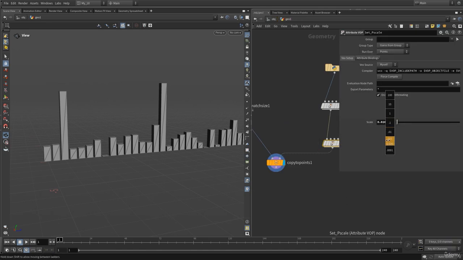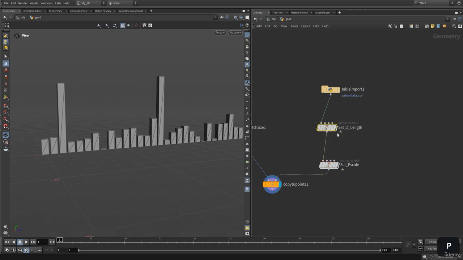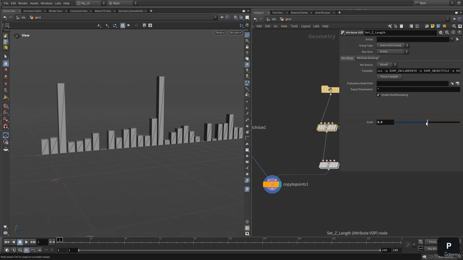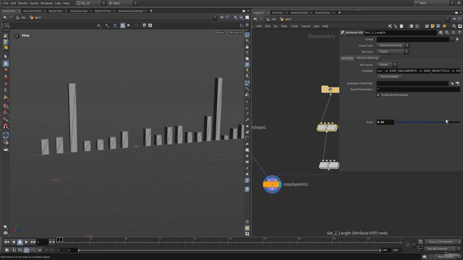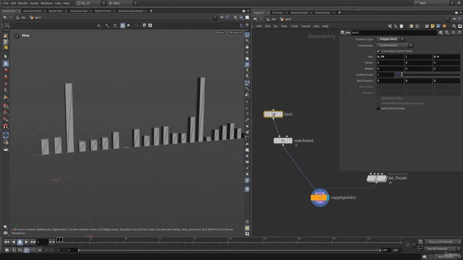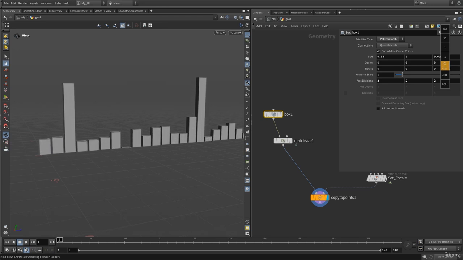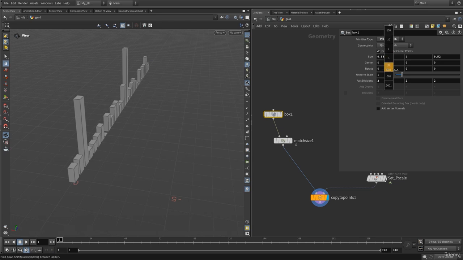Now I can adjust these values to make my graph bigger or smaller. Okay, and now I can go back onto the z length to adjust my spreading of the graphs. I can bring my graph closer, or I can expand the graph, and I can also go back onto the box and I can adjust its z size. Okay, I can also make them thicker by adjusting this size, the x size,